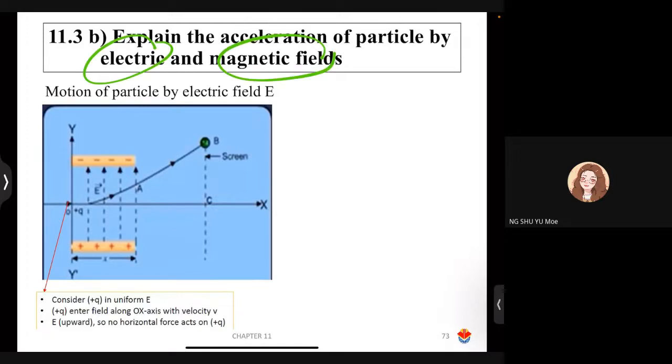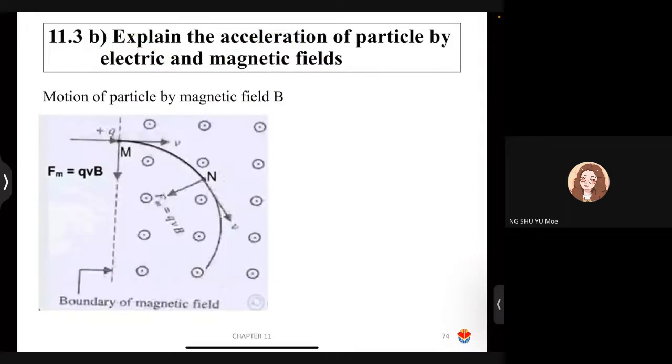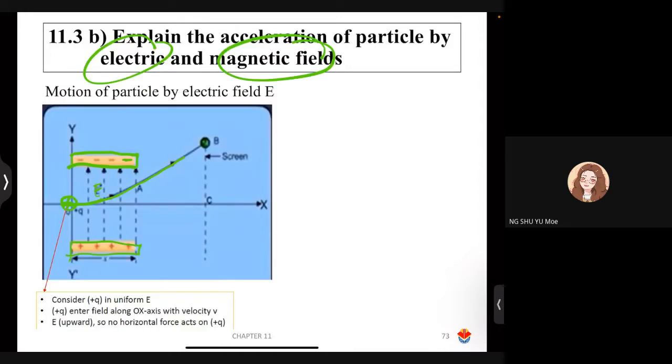Explain the acceleration of particle in electric and magnetic field. Ini sebenarnya belajar. Okay, kalau you ada charge positif, so apa berlaku dia bila dia masuk dekat parallel plate ni. Positif, negative plate. So ini ada electric field. So your electron and your proton, you punya positive charge ni akan deflect lah. Dia akan attract kepada negatif. So itu adalah kalau dia masuk medan elektrik. So maksudnya kita ada plate.